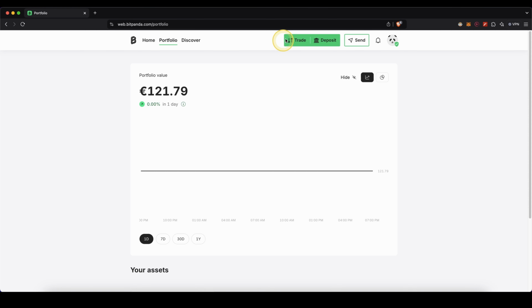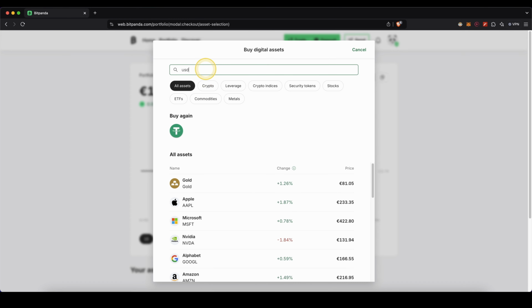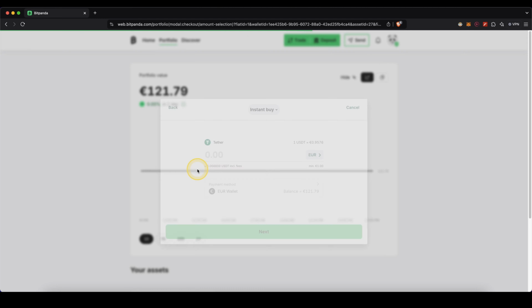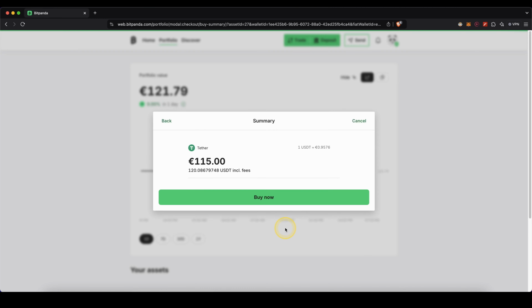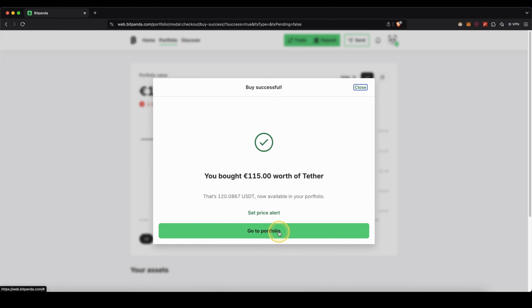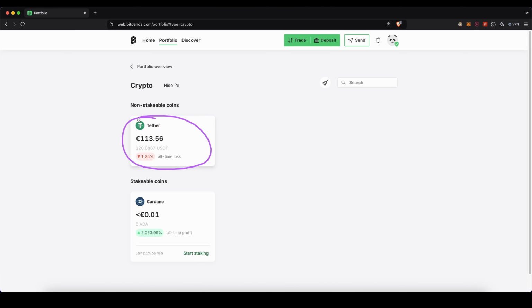So we're just going to go up here to trade, then click on buy, and then just type in here USDT, select it right here. Type in the amount you want to convert. I'm just going to go for 115 euro in this case, for example. Click on next, and then just click on buy now right here. As you can see, that's already it. Let's click on go to portfolio and let's go in here to crypto. And as you can see right here, once we have it in USDT, we can now send it to the